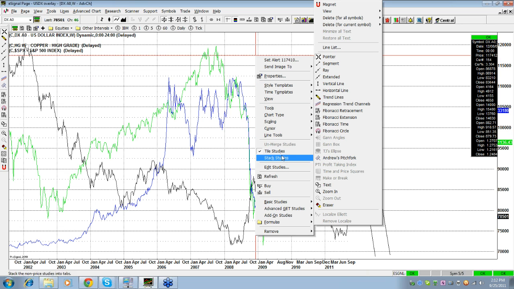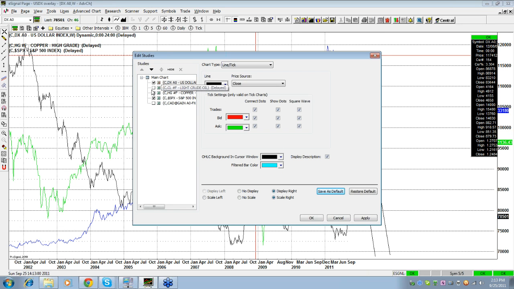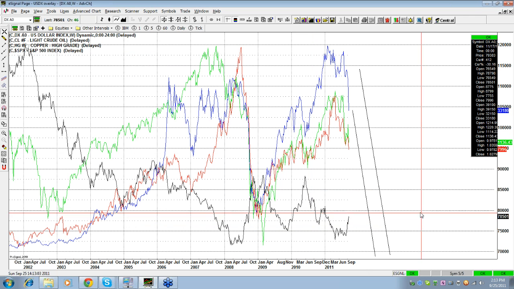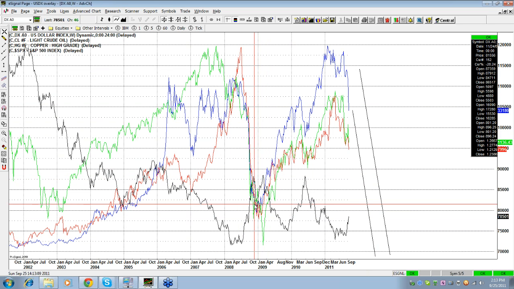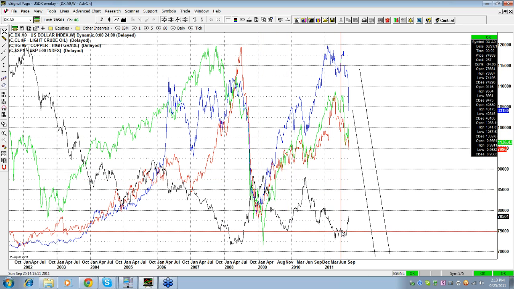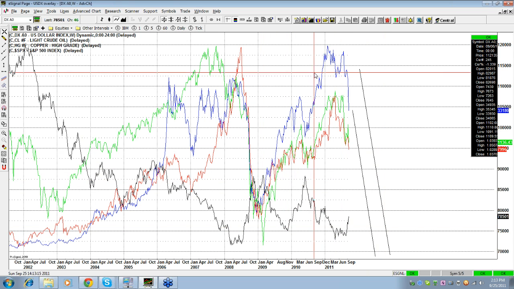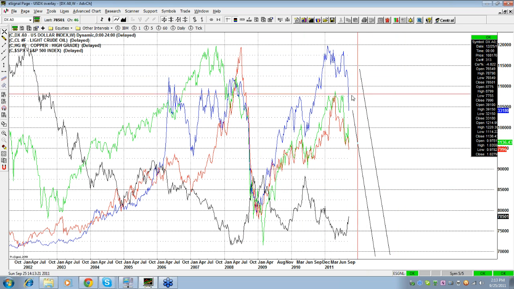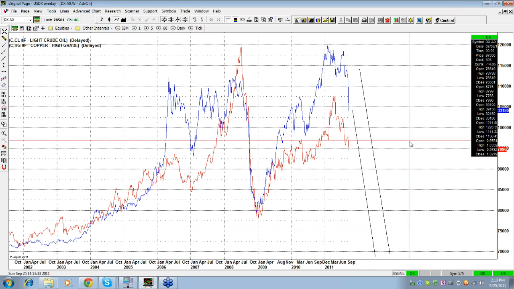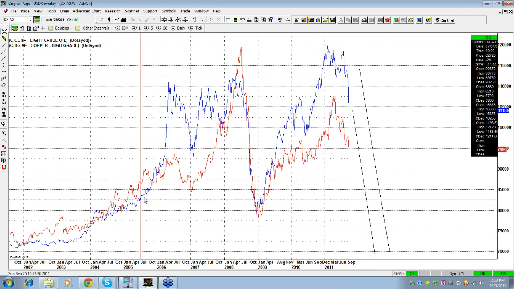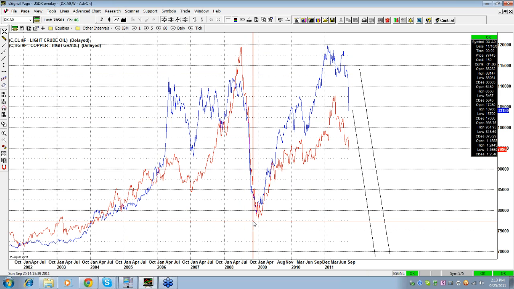And let me add now oil to the chart. Oil is the red one. You see lower oil, higher dollar. Higher oil, lower dollar. So technically speaking, these three on the top are well related. And if we take the dollar and put oil with Copper, we're going to put it now. You're going to see how well related they are. Look, it looks like it's the same chart.